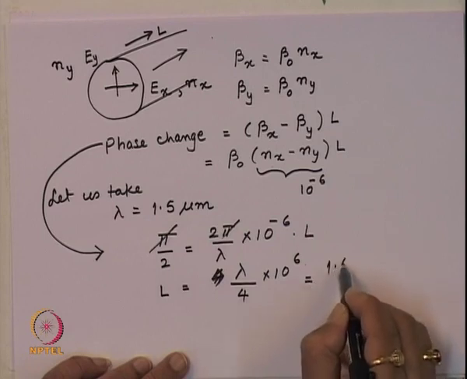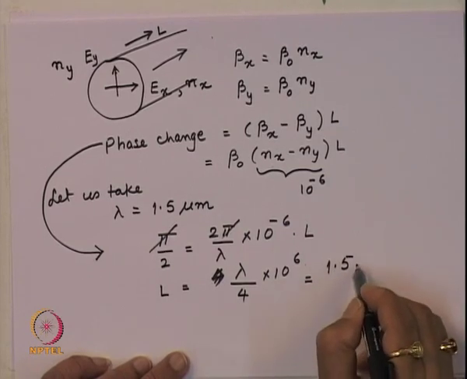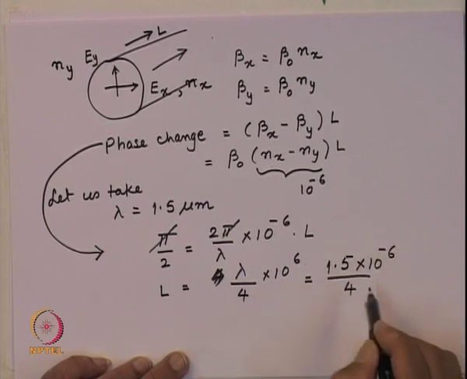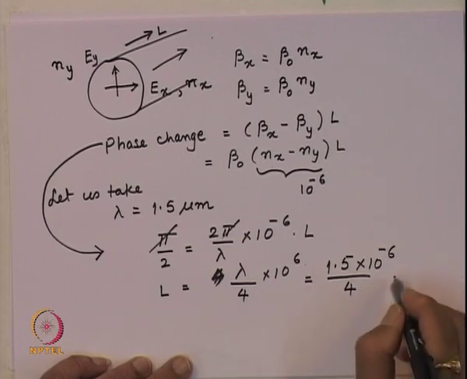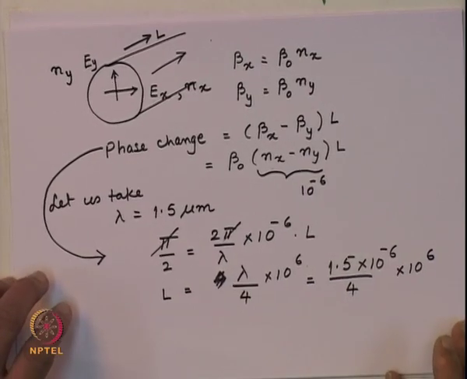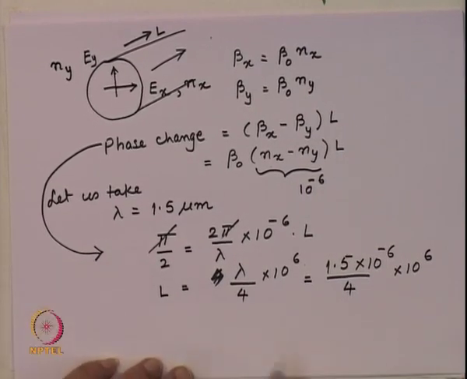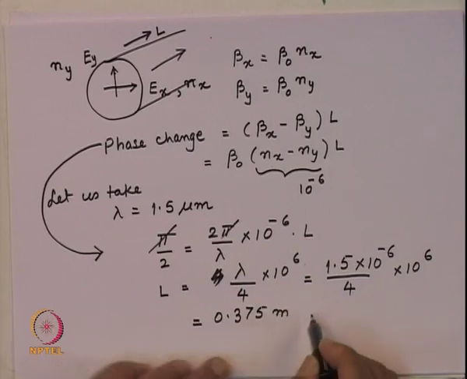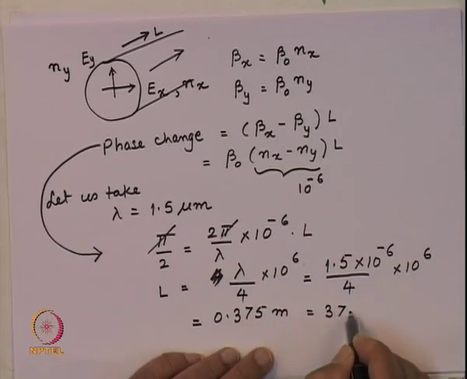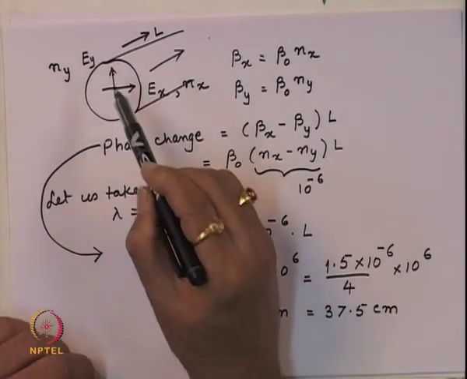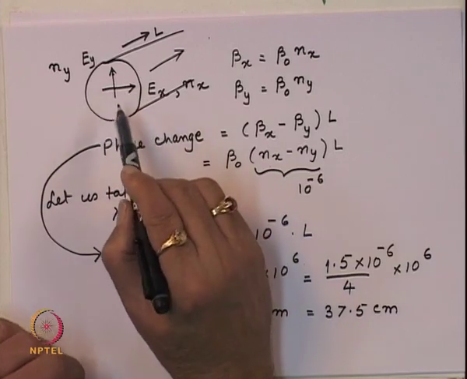So, this is 1.5 into 10 to the power minus 6 divided by 4 into 10 to the power 6. So, that is equal to 0.375 meters or 37.5 centimeters. So, that means, if a circularly polarized wave is launched inside this optical fiber